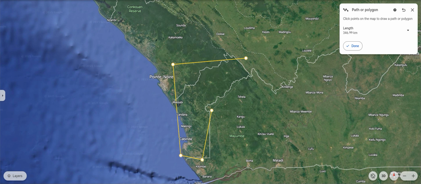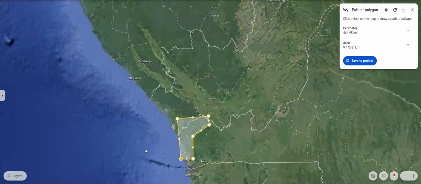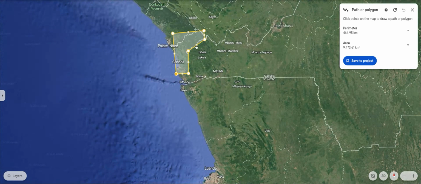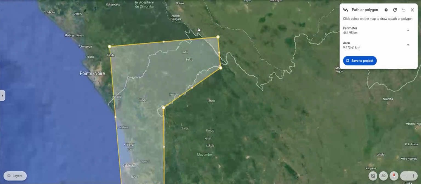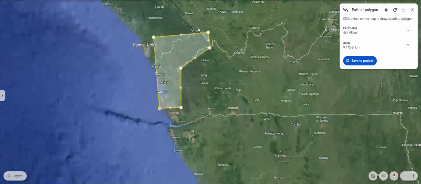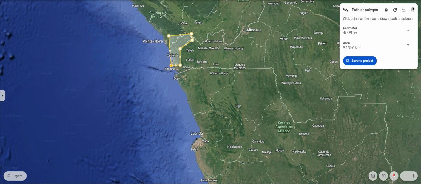Yeah, that's a good estimate. That's good enough. So this right here, that's kind of faded a little bit, that square, or whatever shape you call that. That is actually part of Angola, and it's not connected to the rest of Angola. And because of that, I'm going to give it to the Democratic Republic of the Congo, or DRC, in its entirety, because that way it will have a more equal coastline